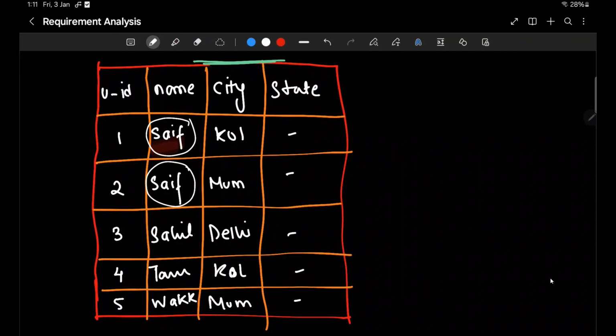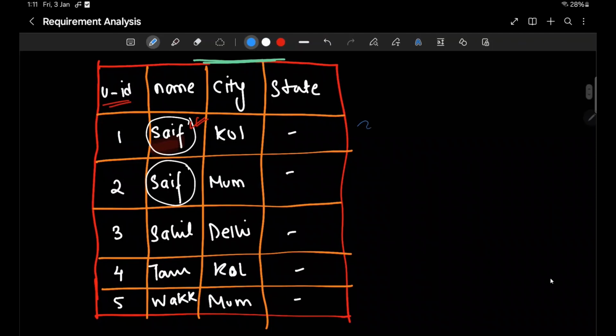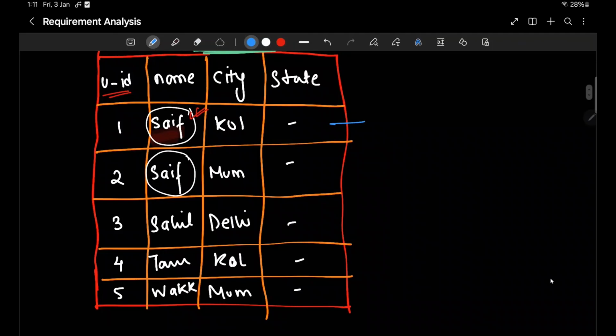So over here, how do we select our required user? Now, if you observe this closely, we have a field called user ID. Using this, we can uniquely identify each of them. So, using the user ID, we can get our Seth. So, we'll get this one.